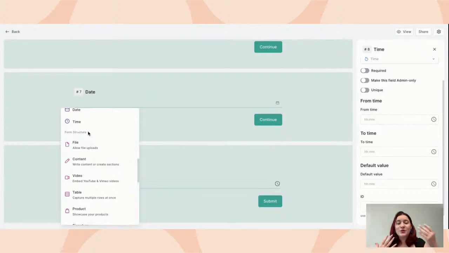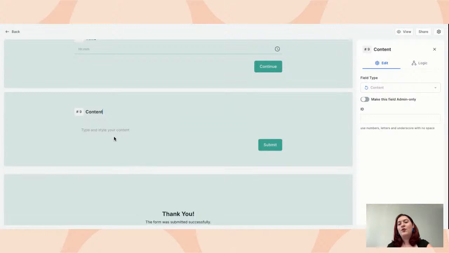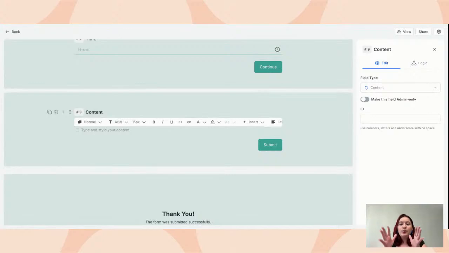After this, we have form structure fields. And what are form structure fields? The first one, for example, file, allows uploading files. For example, if you want to ask the user to upload their CV, that's perfect. Use the file field for this. Content field is mainly for, for example, introducing a new topic. Or maybe if you're creating an NDA contract form, you can put your input here.